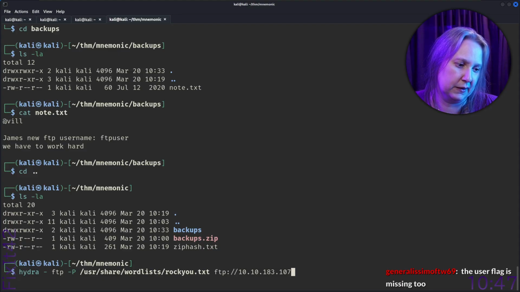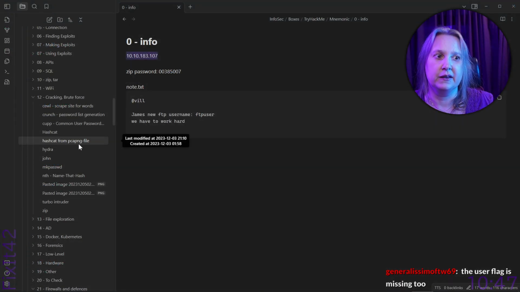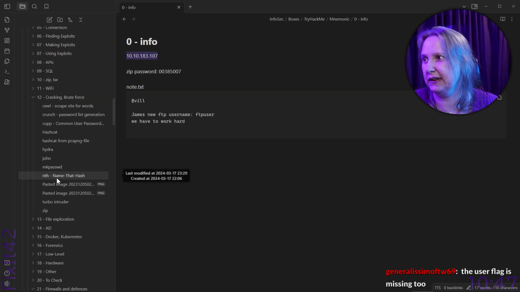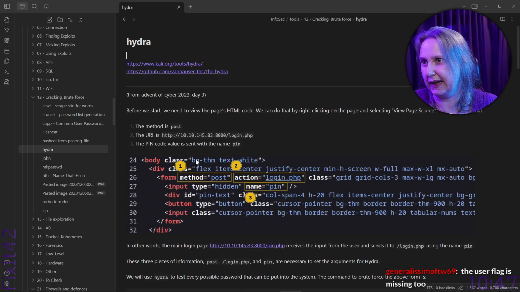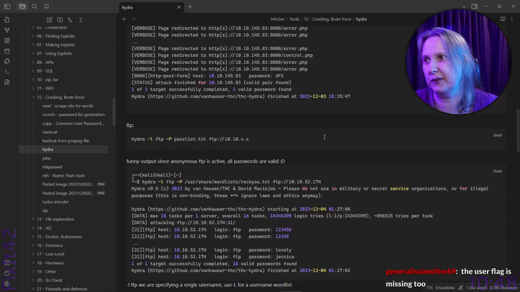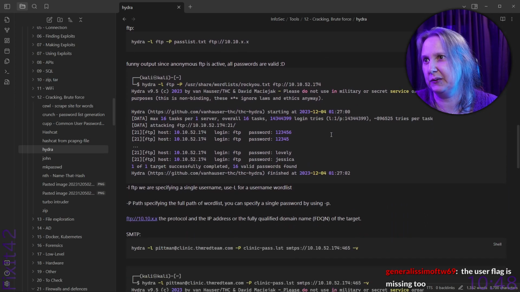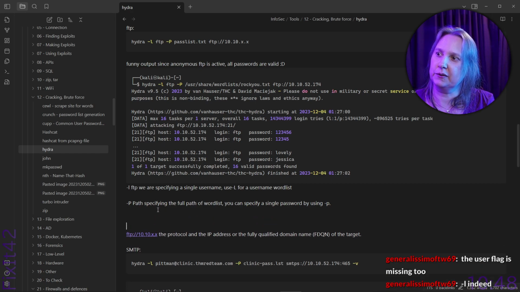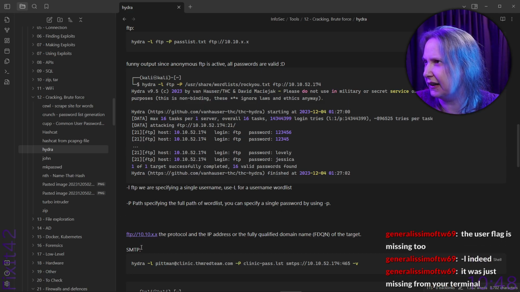The user flag is missing too. Yeah. So I need to find what the user flag is and how to add the username. And I assume that you would probably give me, but if I happen to have it here, that would be good. But I don't. So then I need to add that. So we'll look what that is. And if you want, is it -l? It was just missing from your terminal.